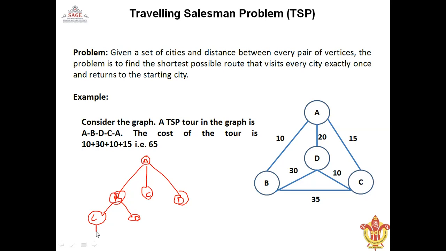From C again to D. From D, we are going to visit C. Similarly, from C we can move towards B and D. From B we are moving towards D, from D to B. From D we can move towards B, B to C. This is how we are going to make the state space tree diagram. Again B to C, and from C to D itself.